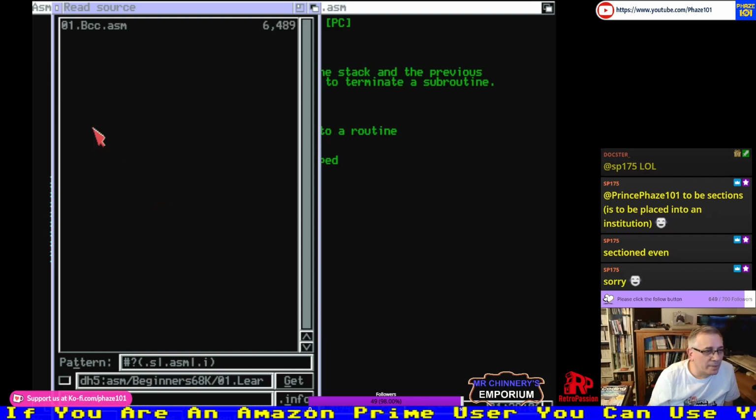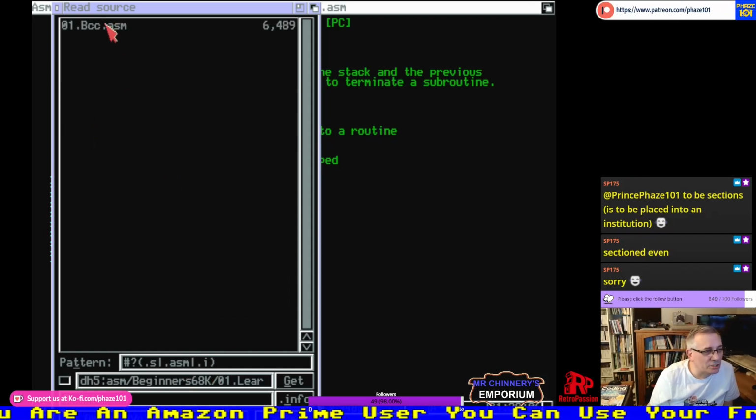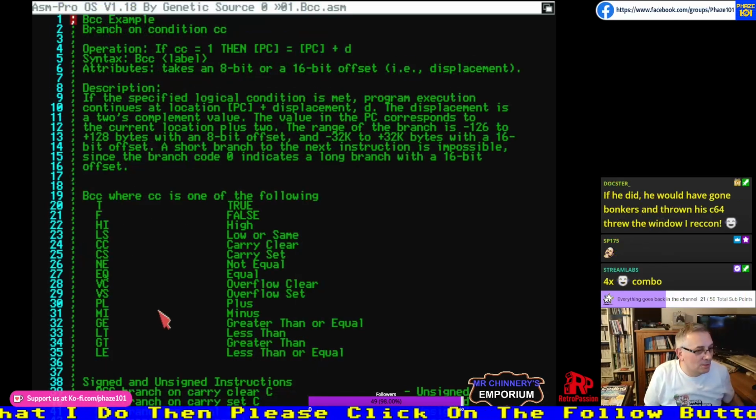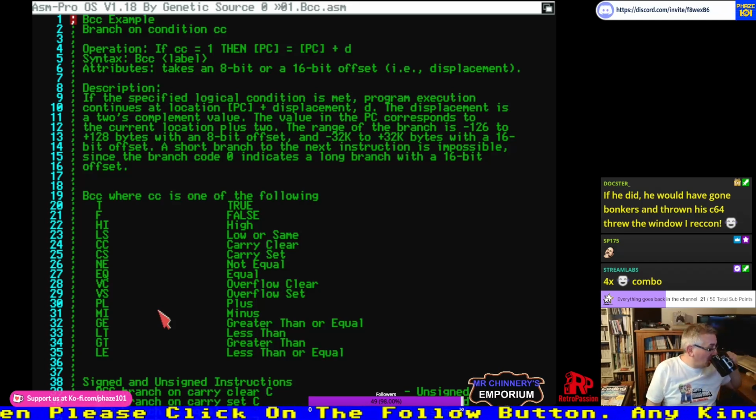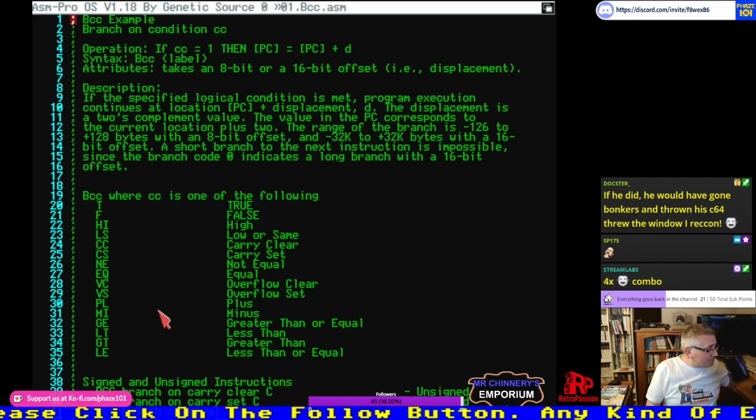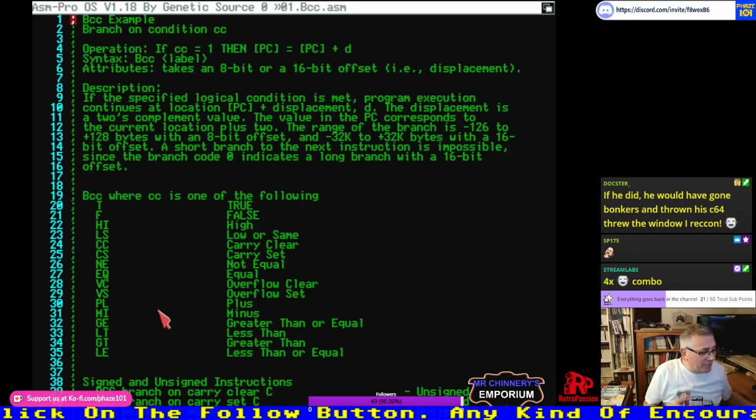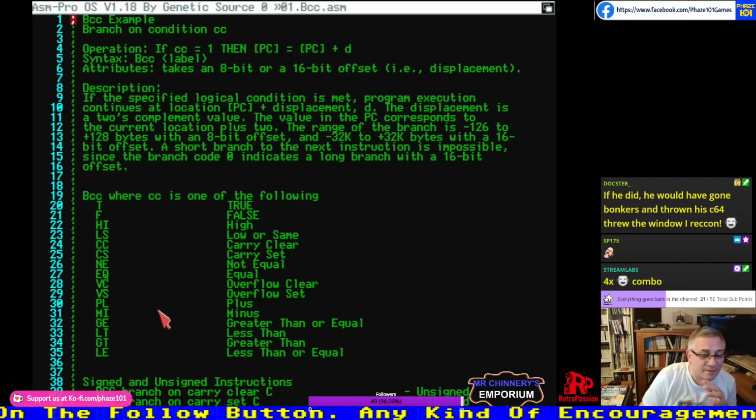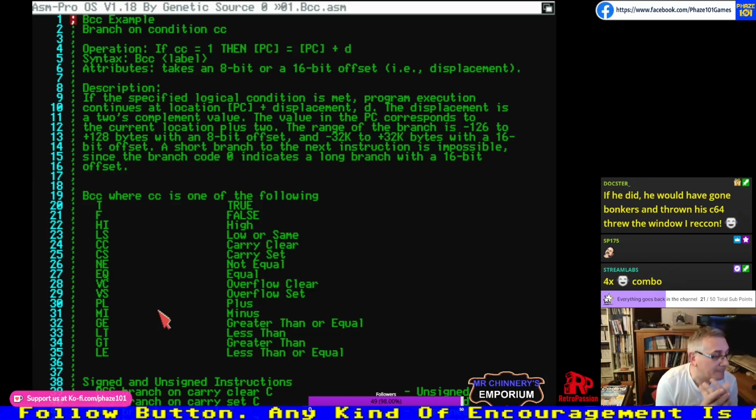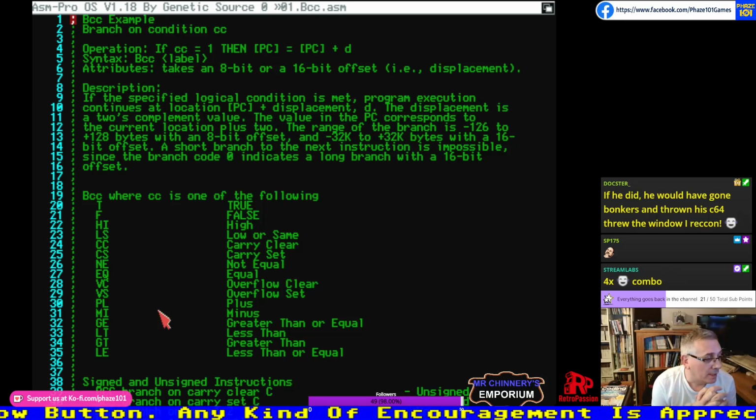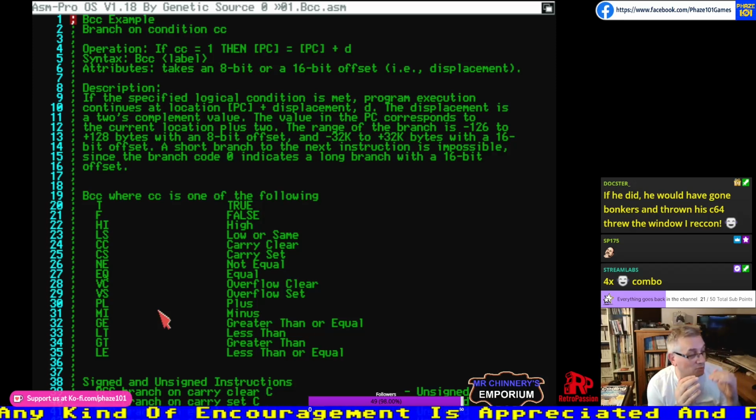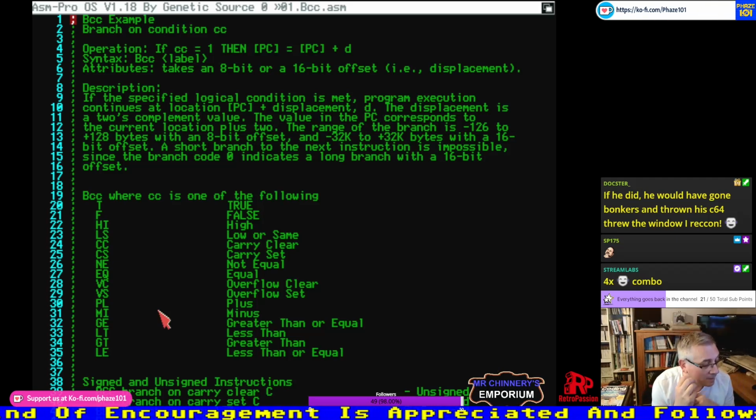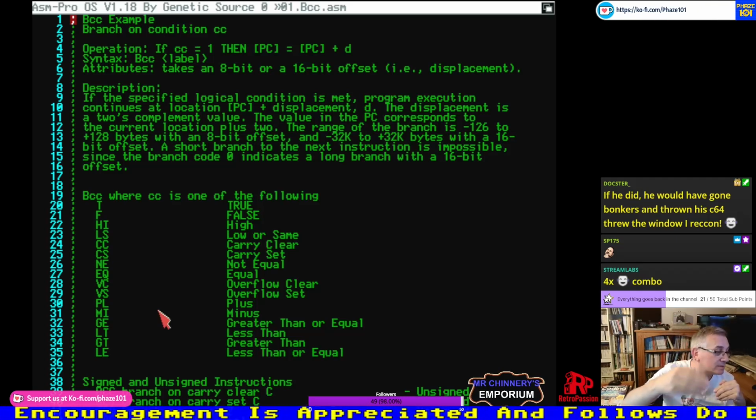Now, branch on a conditional code. So guys, we're going to talk about the branch instructions. As I said, there are quite a few of them. I'm just going to take this first example and try to go through it. However, for the next